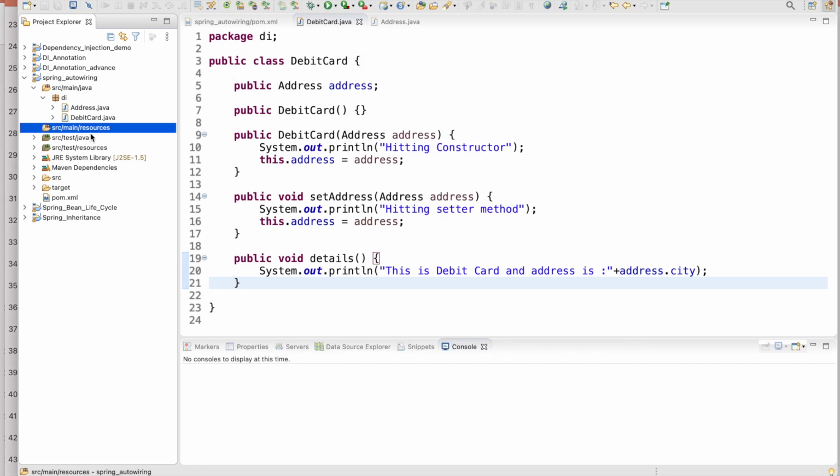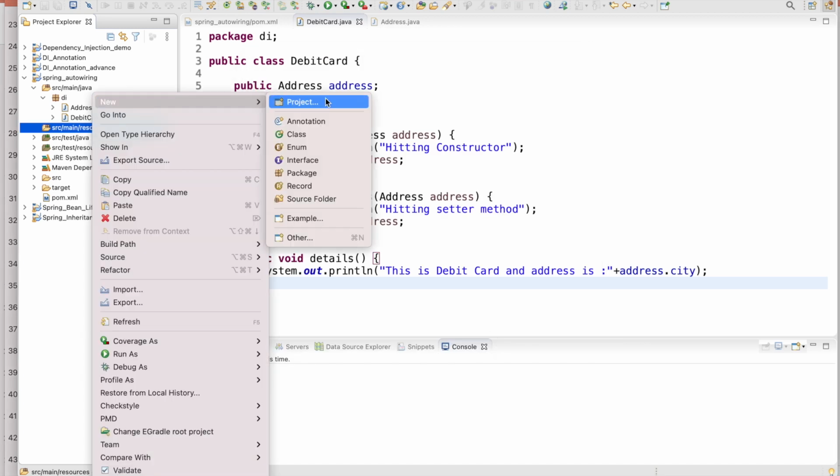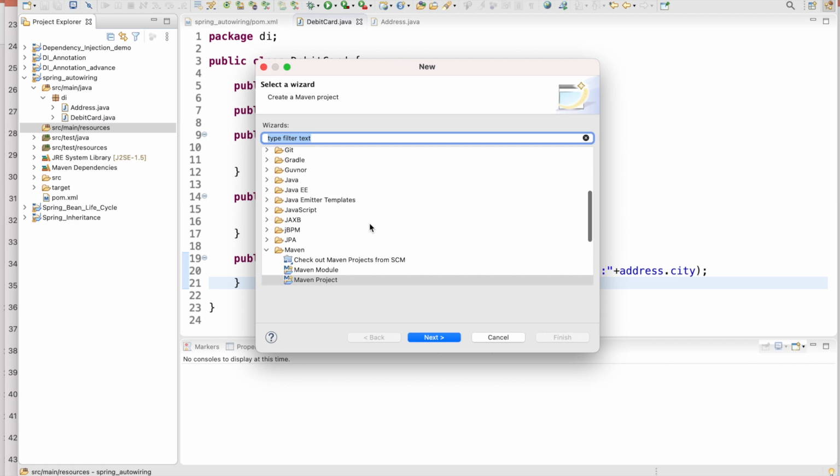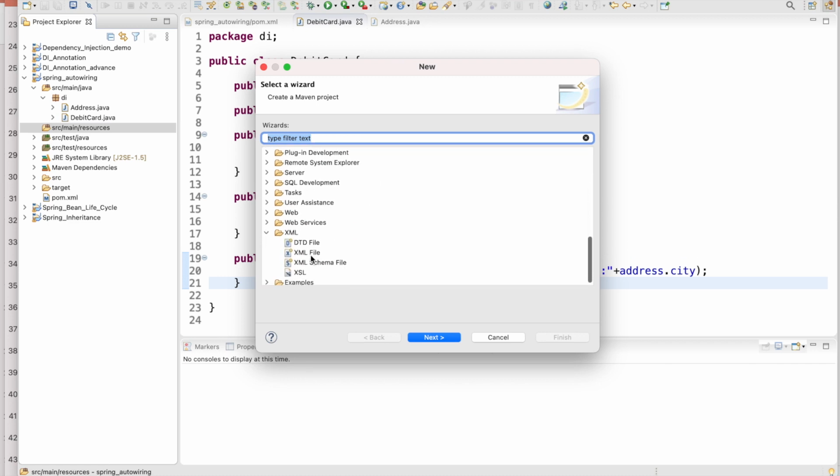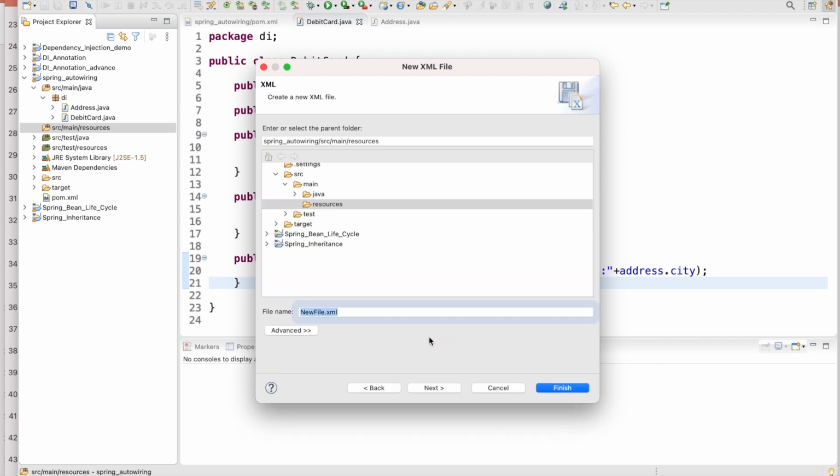Sometimes it does not come, so go to Others, go to XML and create a simple XML file. You can give any name, but let me give the name application context underscore debit.